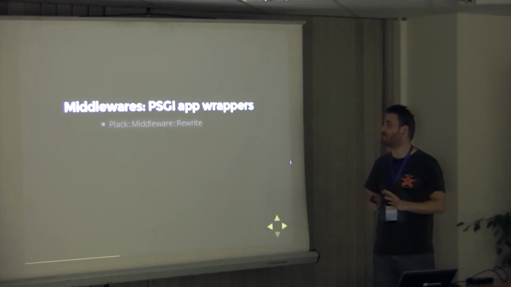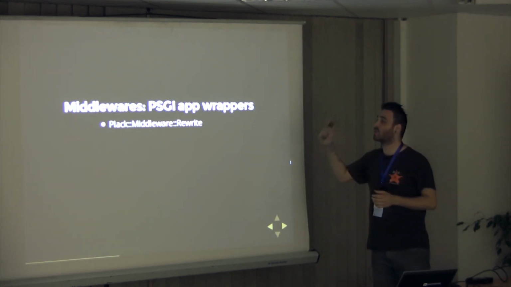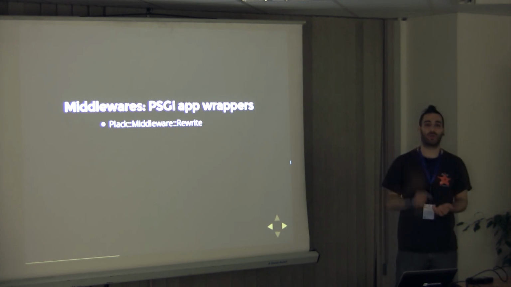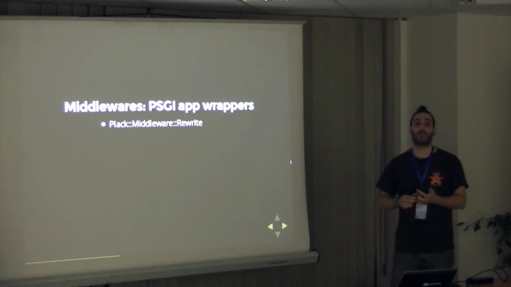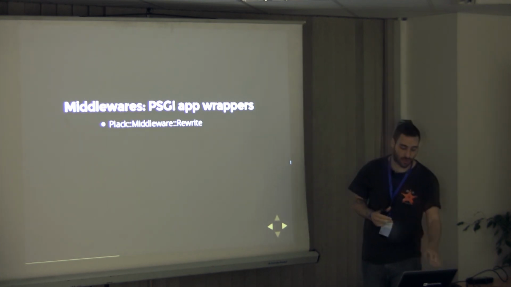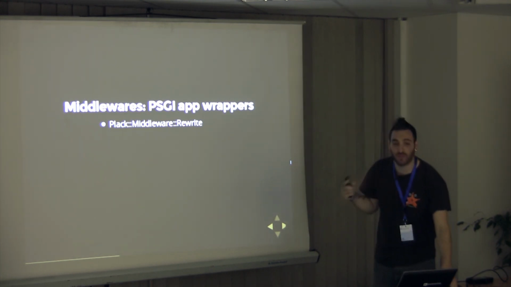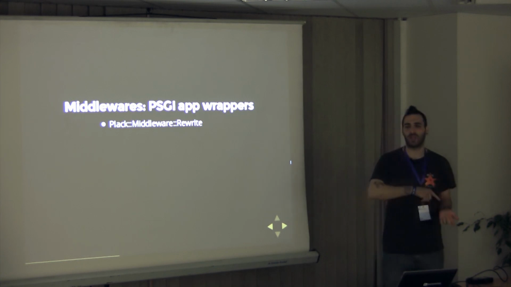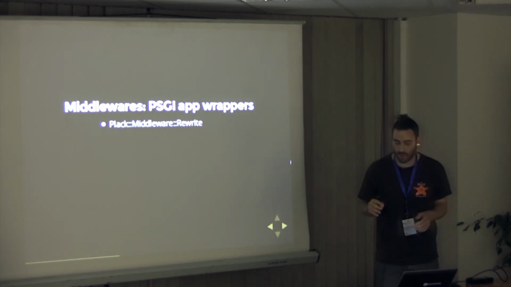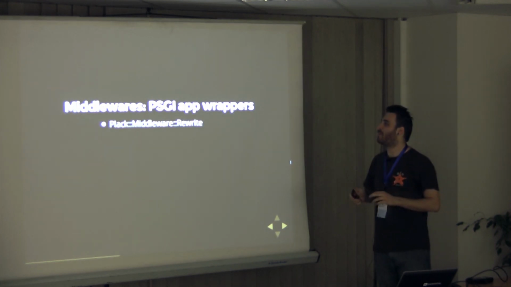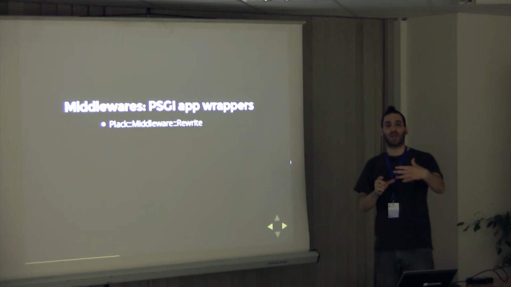I'll give you some examples of middlewares that I like. There's Plack::Middleware::Rewrite. How many of you have used rewrite rules, right? Those are a pain to write. They're a pain to maintain when you have a large infrastructure. They're a pain to move to different servers. So, OK, you've written one. Now you have to move it to another. Oh, it's an htaccess. No, that's not supported in Nginx, and so on, stuff like that. It's really, really annoying. But you can write all of these in a middleware, and now your application gets rewrite. That's it.